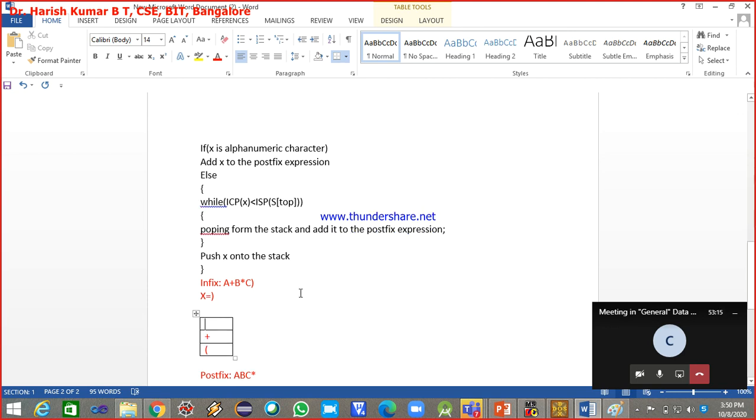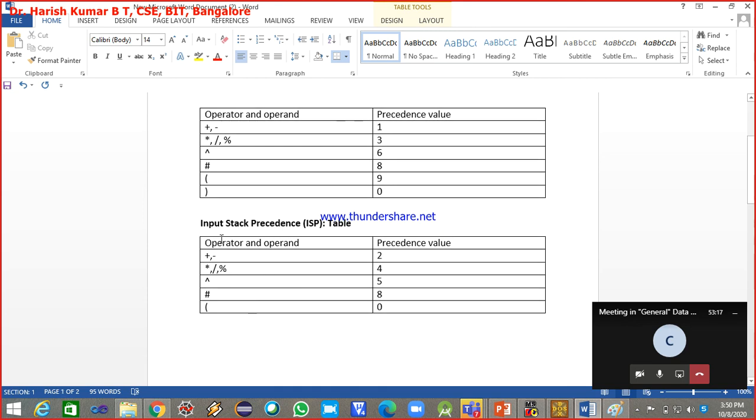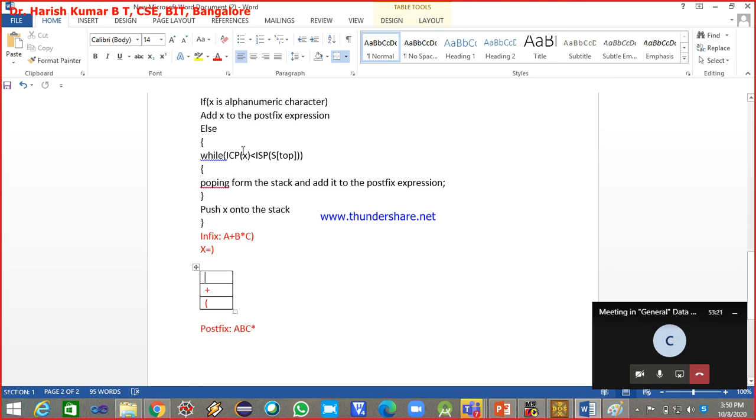Plus. What is the precedence of plus in the stack precedence table? 2. Is 0 less than 2? True. What do you have to do? Pop from the stack and add it to the postfix expression. What are you popping? Plus, and you add it to the postfix expression. Correct? Yes, sir. Again we go back to the while.